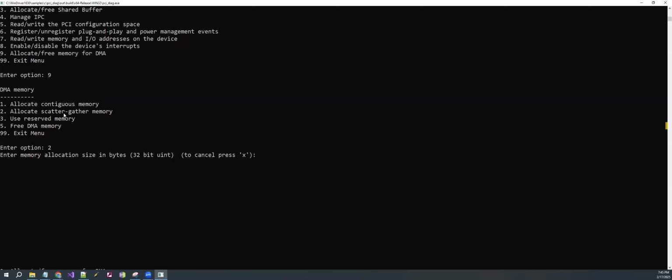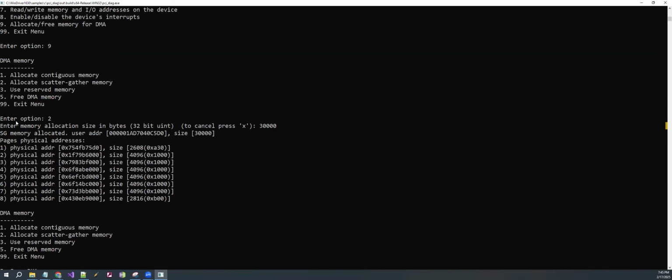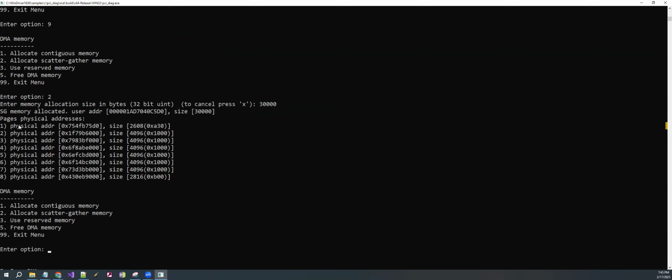So I will choose a big size, a large one, because I wanted it to be challenging to fill a contiguous memory with that size. And here I have it. Scatter-gather memory allocated. I have the user address, I have the size, and I have the pages. And you can see the address of each page and the size of each page. So without doing almost anything, clicking a few numbers, no coding, nothing complicated,